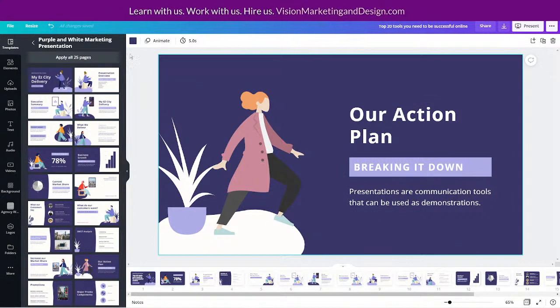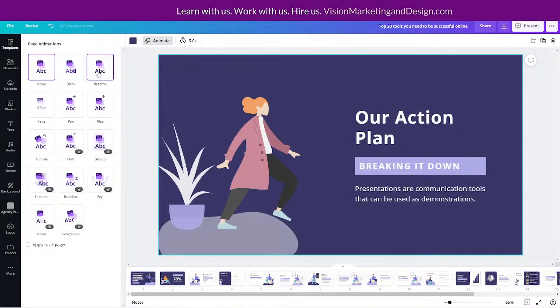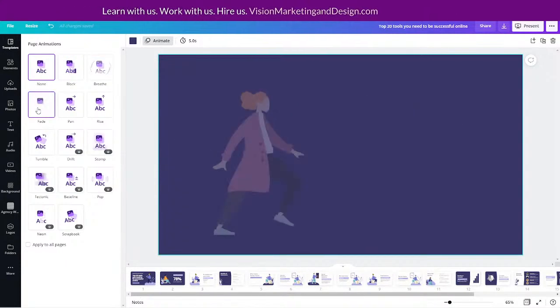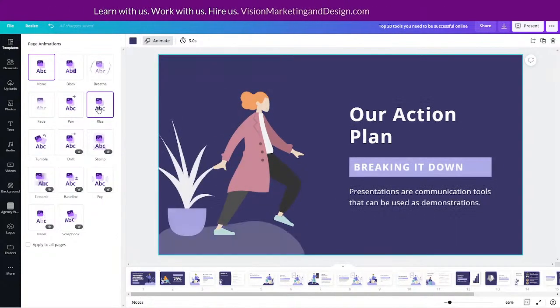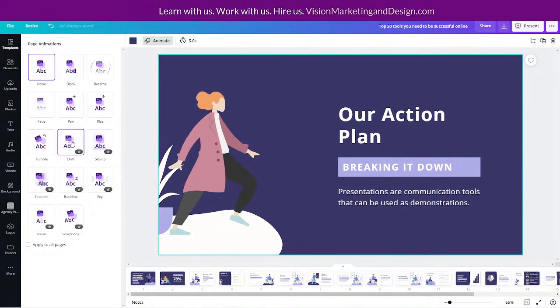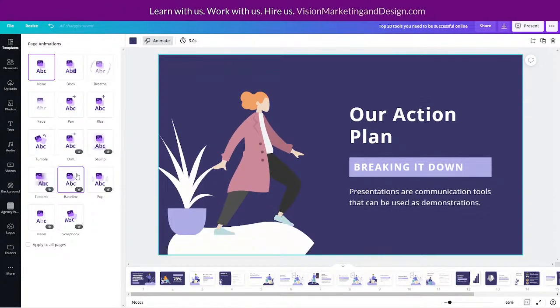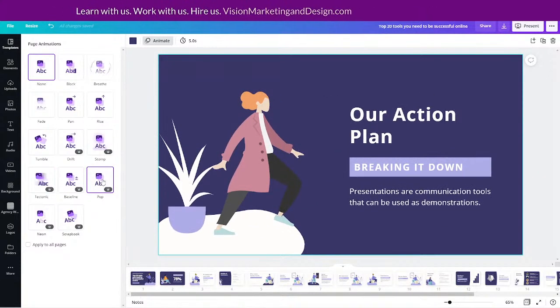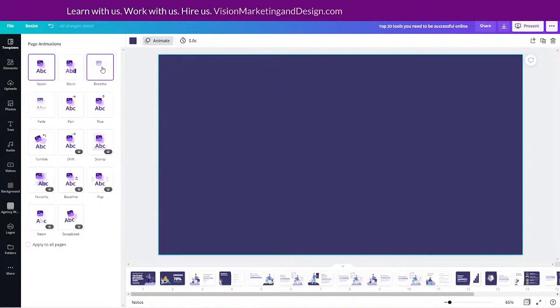Okay, so let's look. I want to show you this. This is why I love Canva. I love the animation. But I want to show you how cool this is. Even though this is not an animated slide, we can use all of these cool features. And you see how it changes every element and makes it animated so that it slides in. You can make it rise in, tumble in. So as you are going through the presentation and you're talking and you're sliding through each one, you have all this motion that's taking place, right? So it's really attracting the viewer.